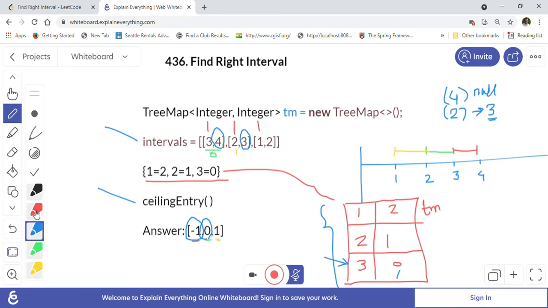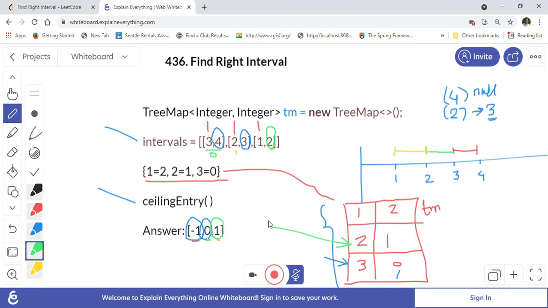After that, we take the end of the next interval, which is 2. For 2, we ask for the ceiling entry, and it will be this one, which is greater than or equal to 2. As you can see, we get the position 1, and we put that 1 here. So that is how we can use the ceiling entry method.